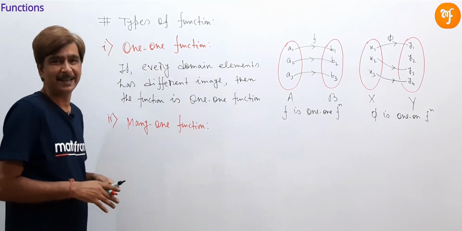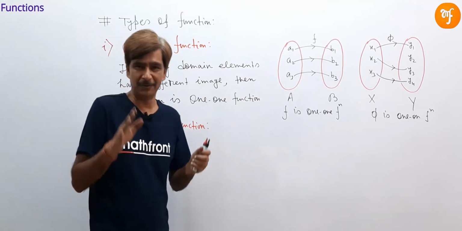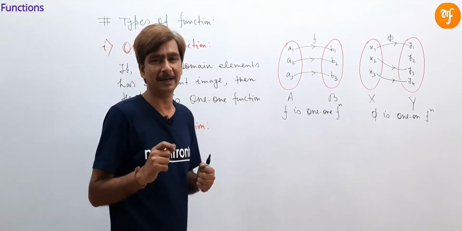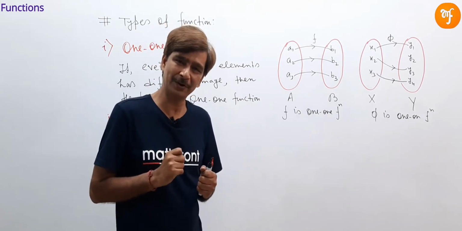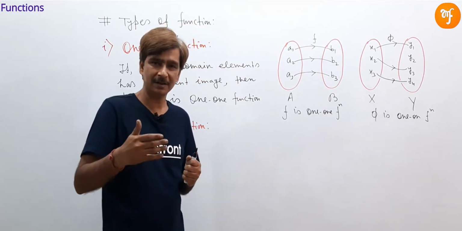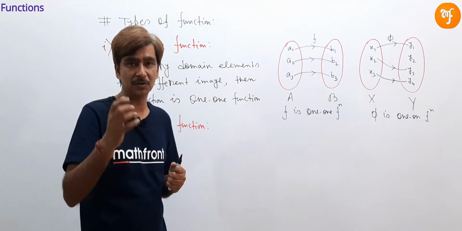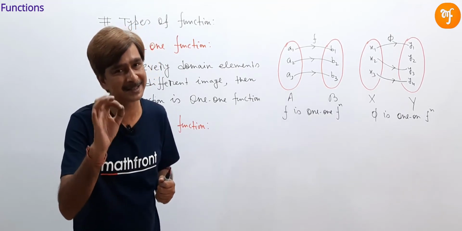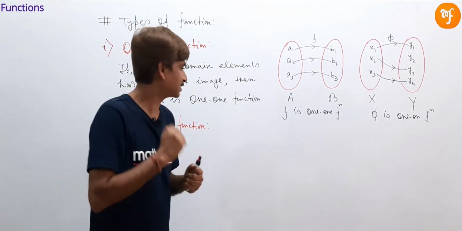Okay. In the definition of many-one function, if at least two different domain elements have the same image. So what are many-one functions? Many-one functions are functions where at least two different domain elements have the same image. Okay, so please write down,